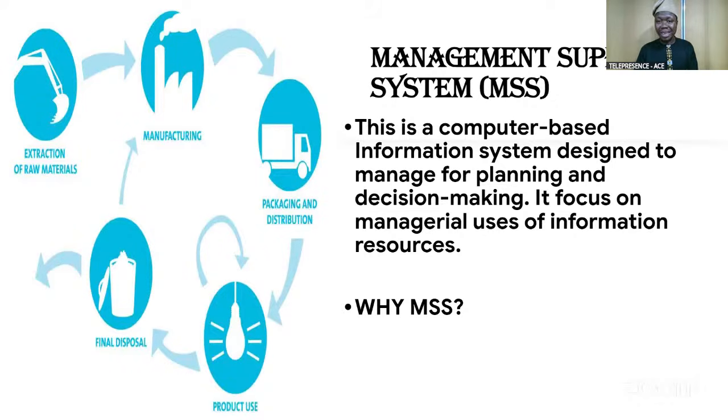So information are processed data. When we now have an information system that manages the planning and decision making, which means management support system uses information to plan and to make decisions purposely for managerial purpose,